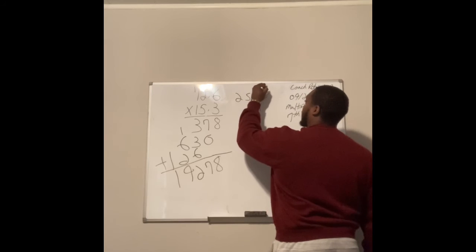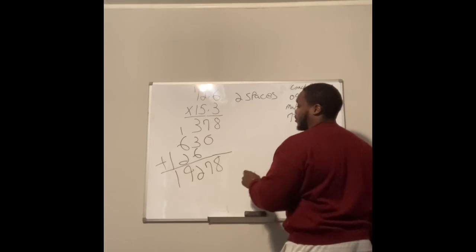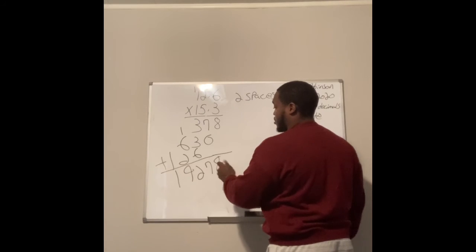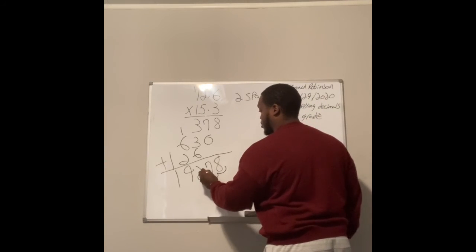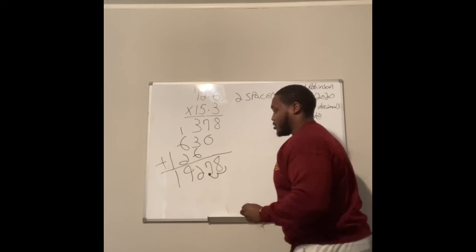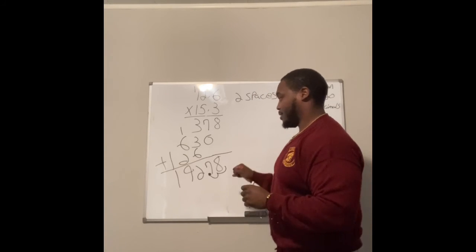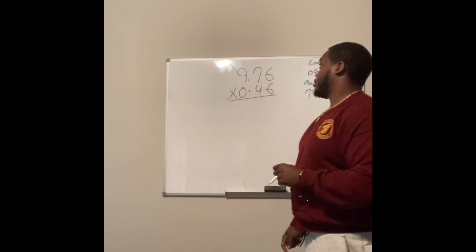So you want to start with the last digit and incorporate your 2 spaces. 1, 2. Your answer is 192.78. So for our last example, we're going to do